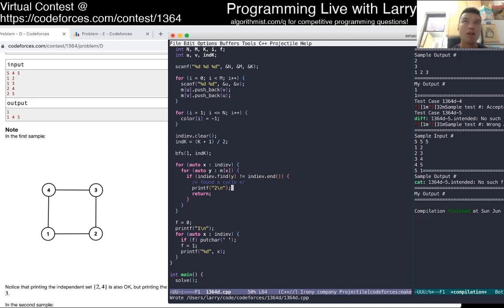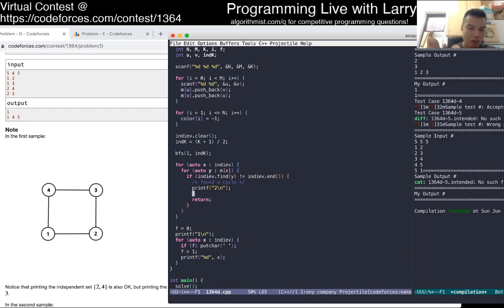So now I'm trying to think how to construct it. So now you have X and a Y, and they both create a cycle. So we go back to the parent.